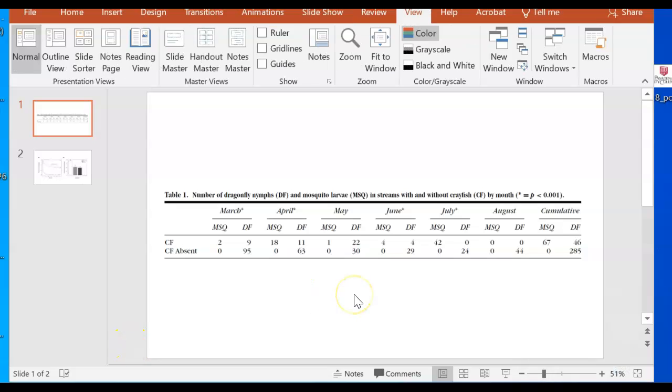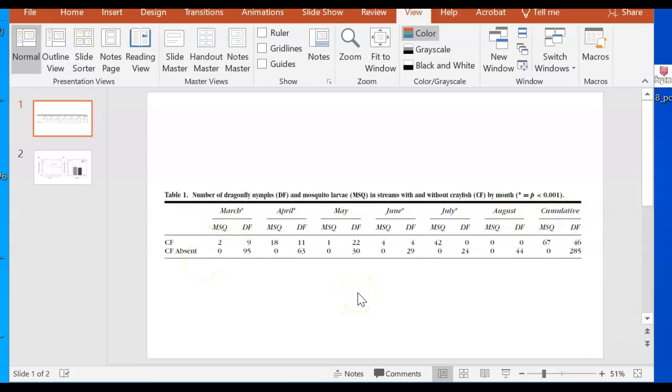This is table number 1 from the paper. Here we're looking at the influence of crayfish either being in the stream, that's where you see it marked CF in this table, or crayfish being absent from the stream, that would be CF absent. So we're looking at the top and the bottom rows here, and then our columns in this table are